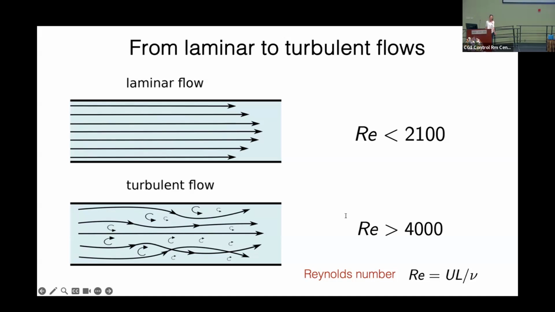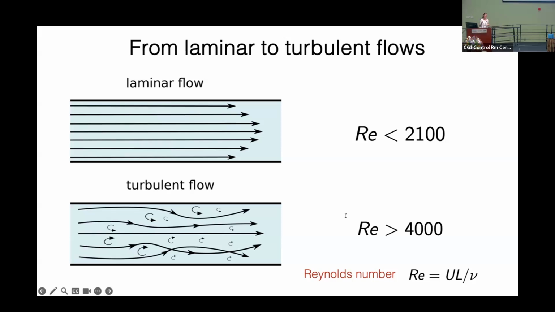As you crank up the Reynolds number above this threshold of 4,000, and I don't think there is really an explanation as to why there is this critical value around 4,000, the ink would lose completely its coherence. It would start to form eddies and spread across the cross-section of the pipe very rapidly. And that represents the turbulent regime.